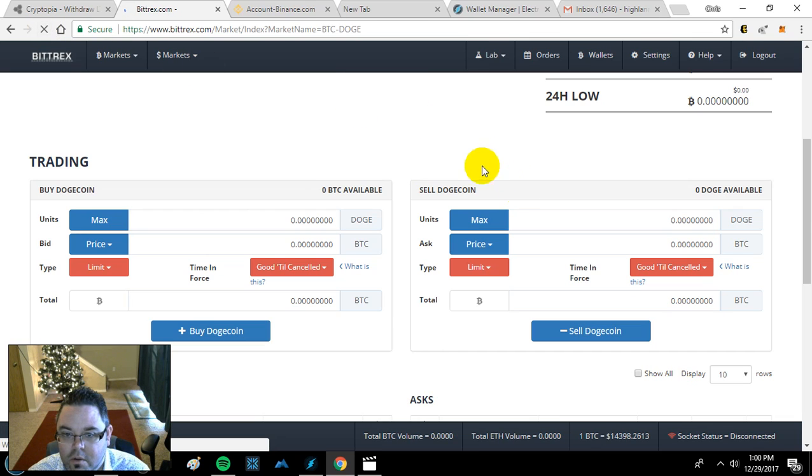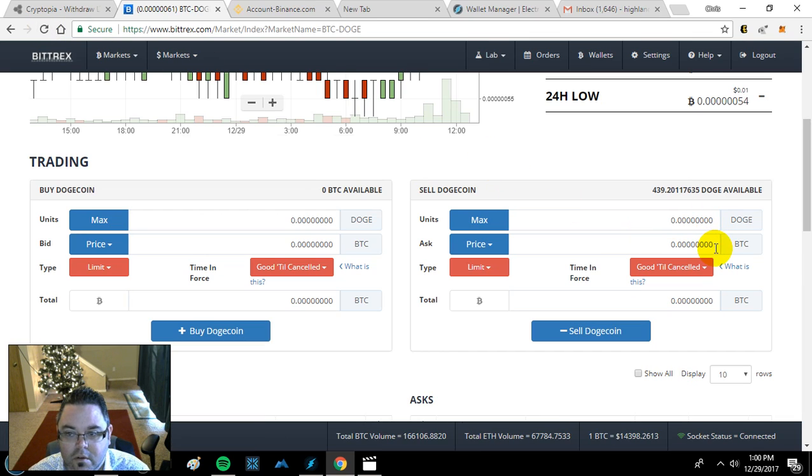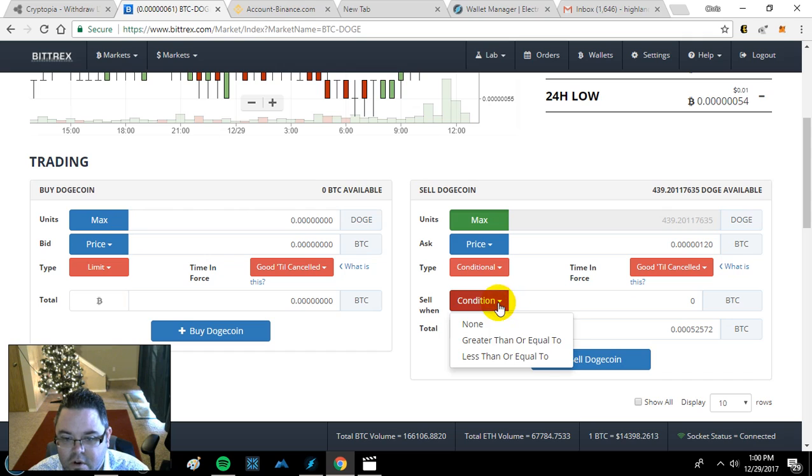Okay, we cleared out the screen. We're going to do max amount of Doge. The price is going to be an ask. We're going to ask 120 Satoshi. We're going to do a conditional offer. We're going to do greater than or equal to